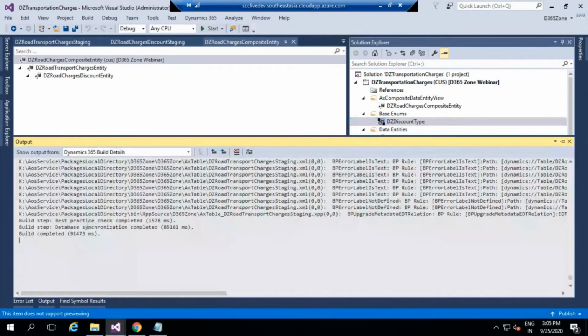Okay, perfect. So we have database synchronization completed, as well as the build is also completed now. So now we are good to go.